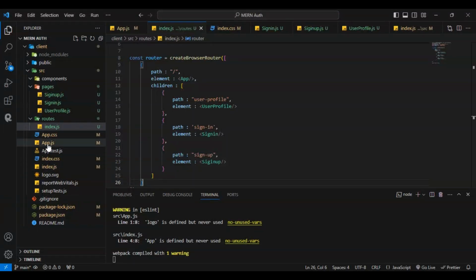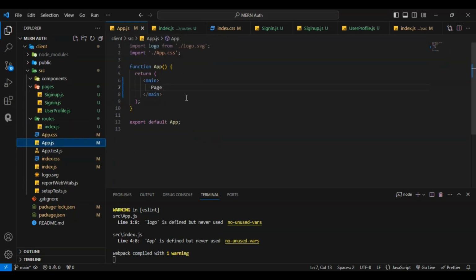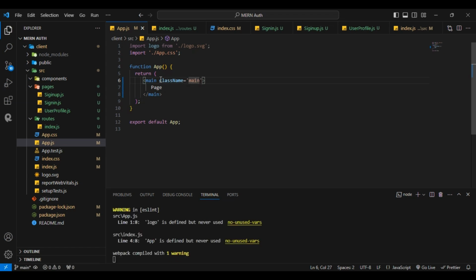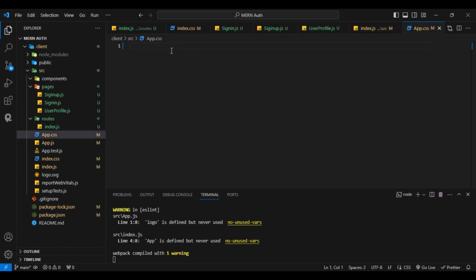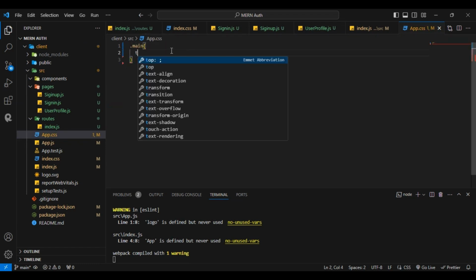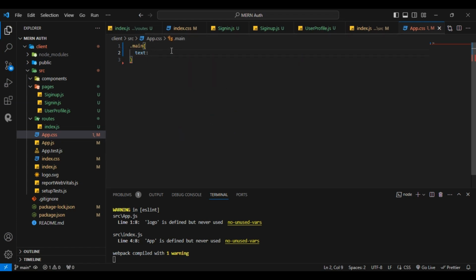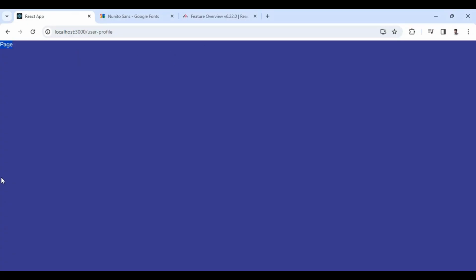It only displays the page because, see here, this will be the background color. Let me change the, here I will give main, and here I will give dot main, text color will be white. Let's give the color white, and now see here only this page is displaying, but all these routes